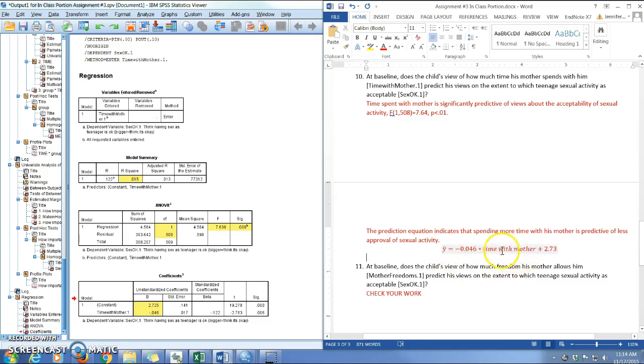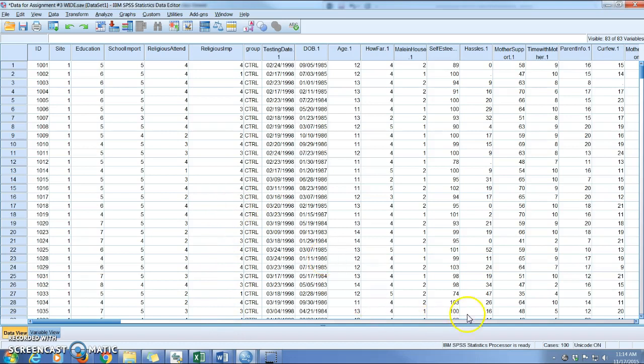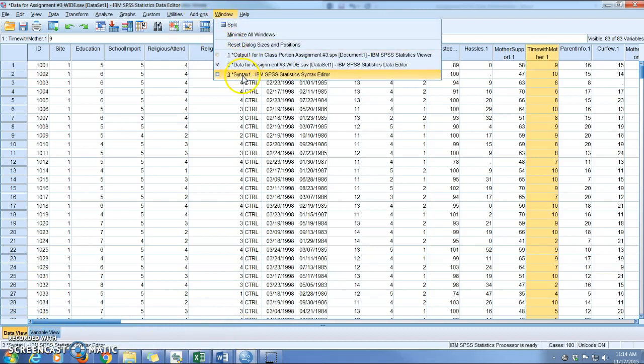And so if you knew that they spent, I can't remember what metric that was in. I don't even know if I can figure it out by looking at it. Yeah, I don't know what metric that's in. And in fact, it may actually be a categorical variable that just is